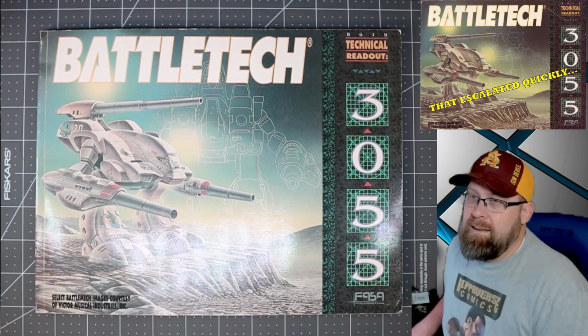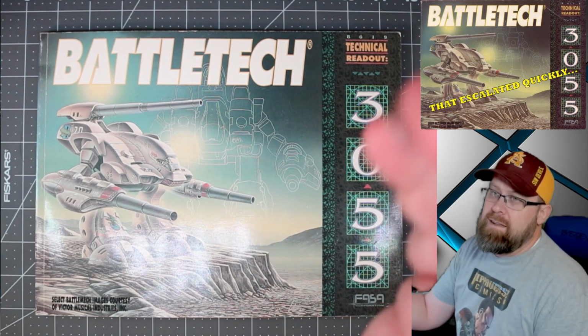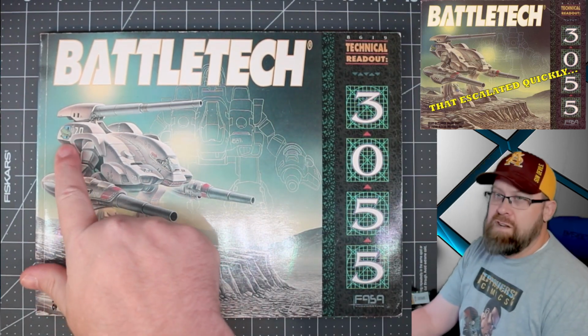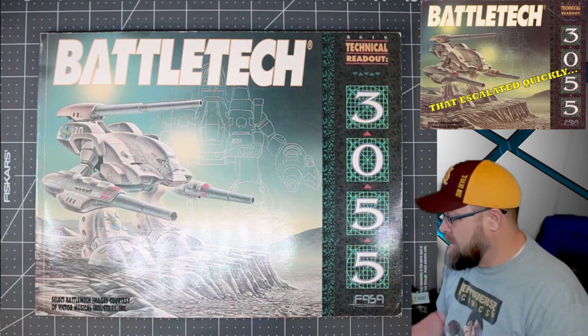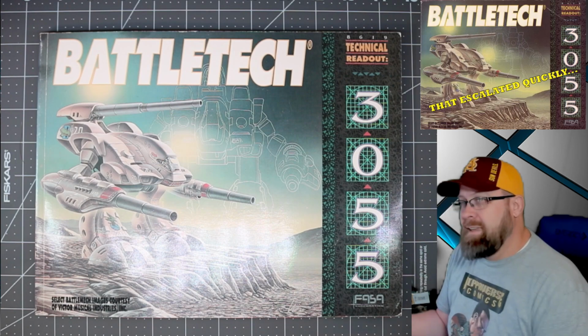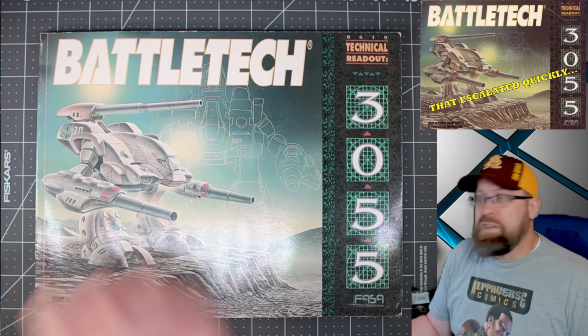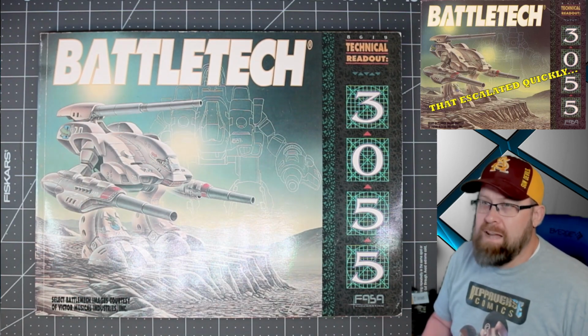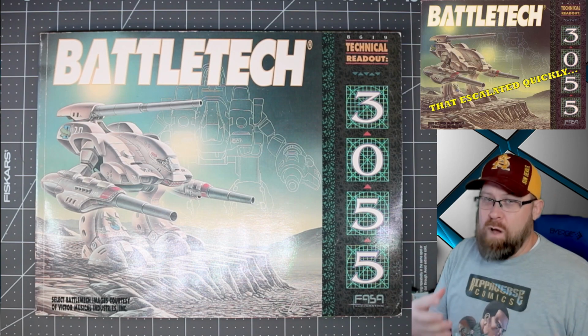All right, now on the cover we actually have a clan Jade Falcon. You can see that by the Jade Falcon icon there in the back. This is a behemoth. Now this is the original version of the behemoth. Eventually it would be changed so that there were 2 guns on top. And while it's its own design,